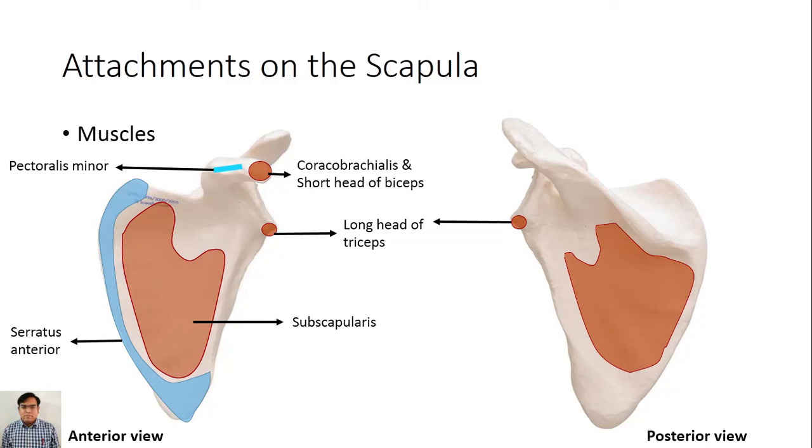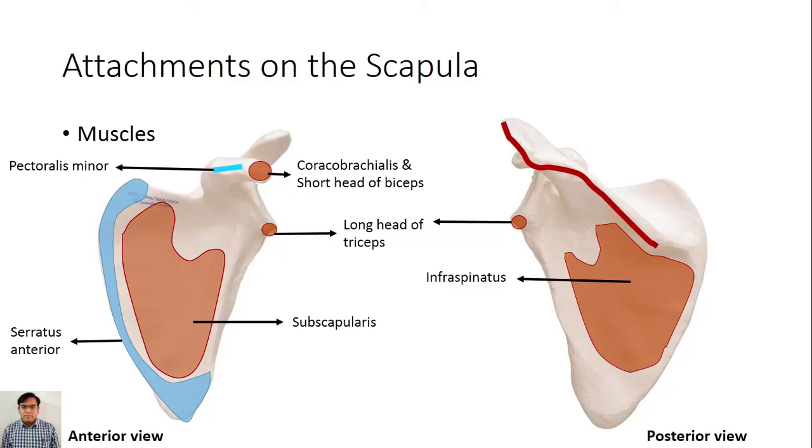Infraspinous fossa gives origin to infraspinatus muscle. So the medial 2/3 of the infraspinous fossa gives origin to infraspinatus muscle. This one. And the medial border, posterior view, gives